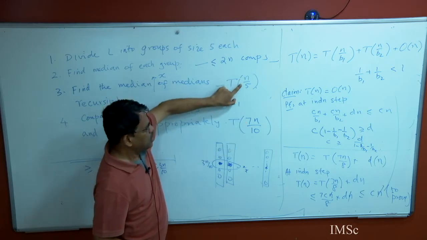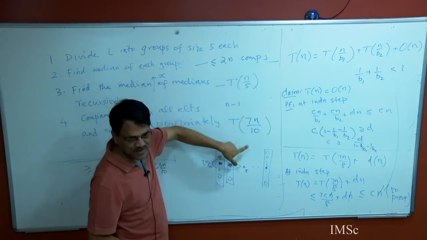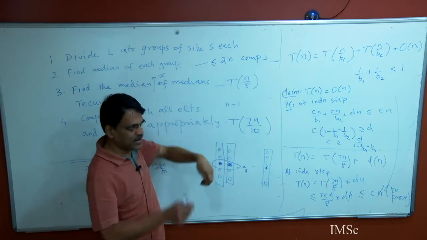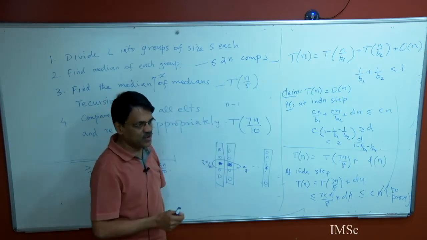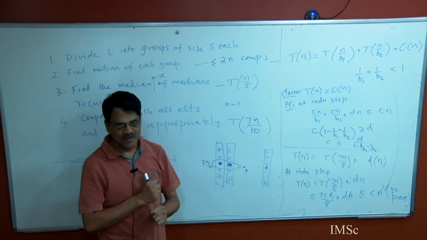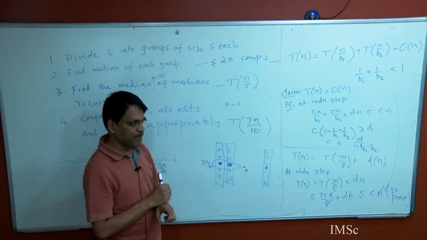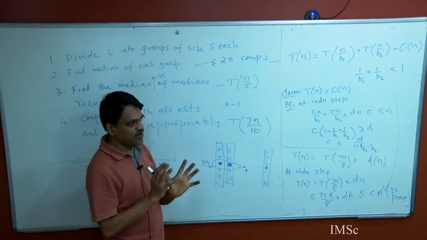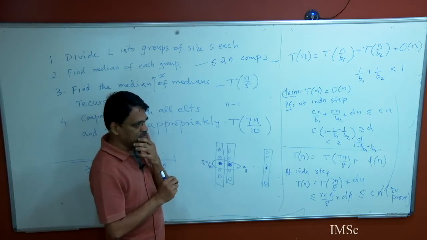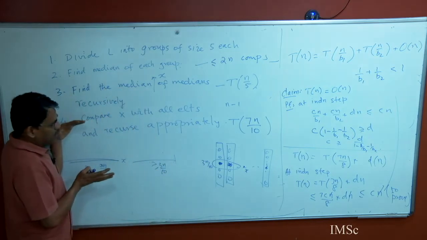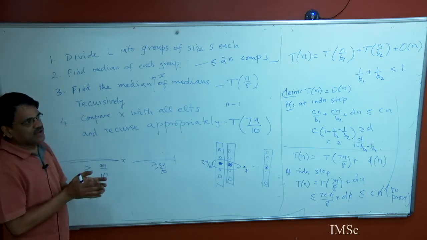I want 1 by 5 plus 7 by 10, which is 2 by 10 plus 7 by 10, 9 by 10, strictly less than 1. So this whole thing solves to linear. Okay, very clever algorithm. So the idea is, first of all, a good randomized linear time algorithm, which just says